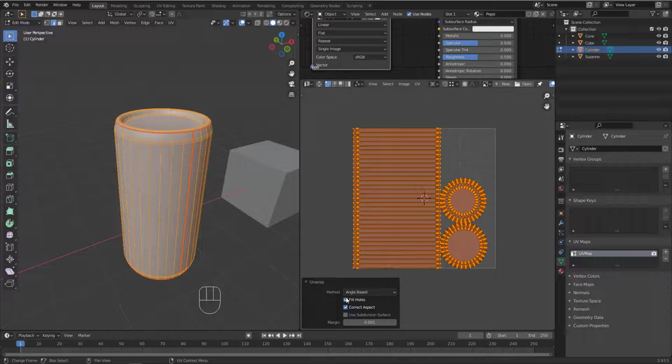Here inside the properties, I have the unwrap method. We have two options: angle unwrap and conformal unwrap. The angle unwrap is the best one, and it needs more time to calculate the result, I mean, if your geometry is a bit complex, and the conformal is not accurate as compared to the angle base. But the conformal